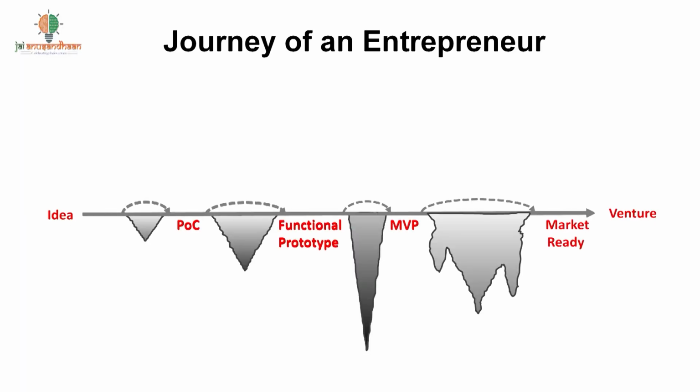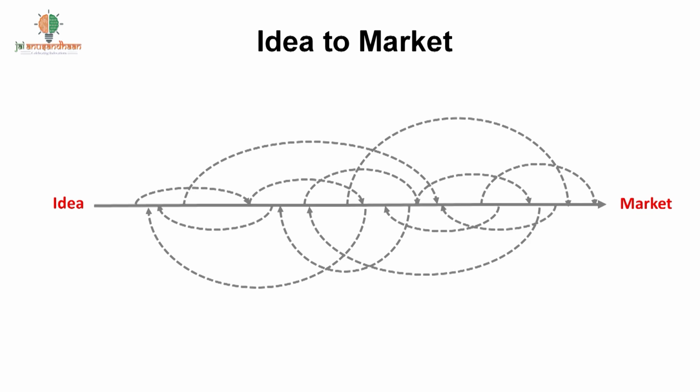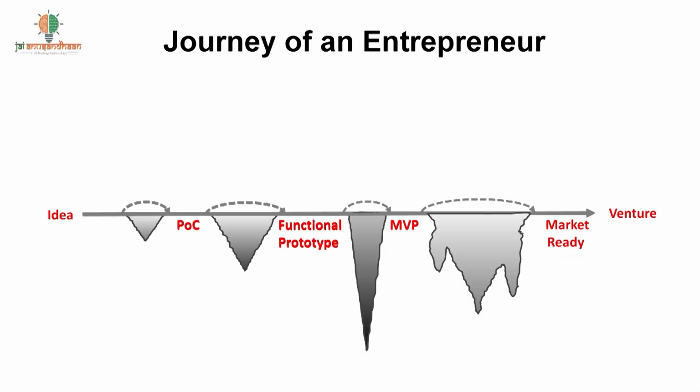In the sense, some of them will go to a proof of concept. Some of them will cross another valley of death and become a functional prototype. We saw a lot of functional prototypes which are working here. But the next stage is to make a minimum viable product, which we call an MVP. A minimum viable product is something where, let's say, I make about 50 of these and give them to users who will come back after a month or 2 months and say how good is your product.